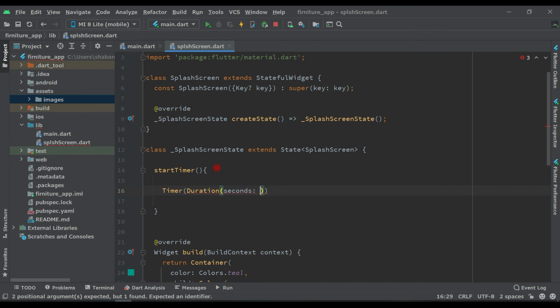So how many seconds do you want to display this? Let's say 4 seconds, and comma, and close these brackets, and type async, and open curly brackets, put semicolon in the end.